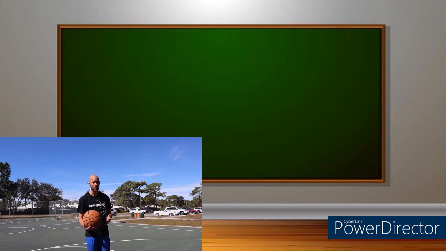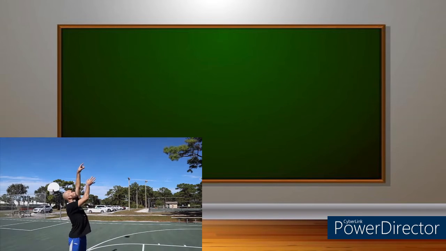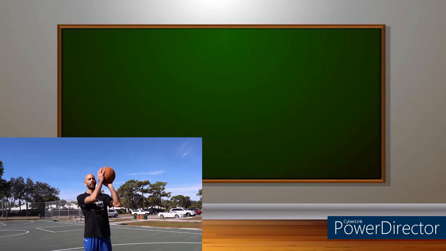So once you've got those elements right, we're ready to start talking about the actual release of the shot. As we mentioned before, you want to release with just that shooting hand. A couple things you'll want to pay attention to within that: you want this guide hand to drop off right around head height. Some players will do it a little lower, but if you're more of a beginner, you want the hand to drop off right at about head height, but don't have it drop down like that.